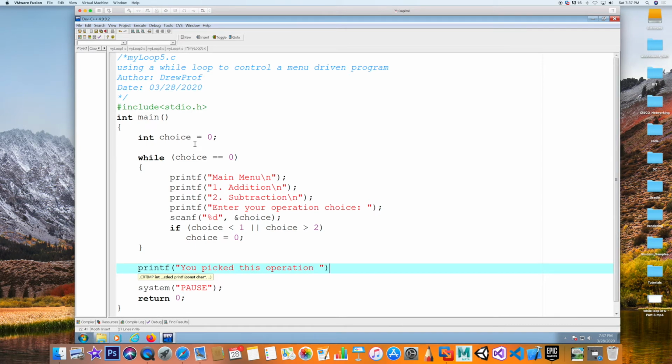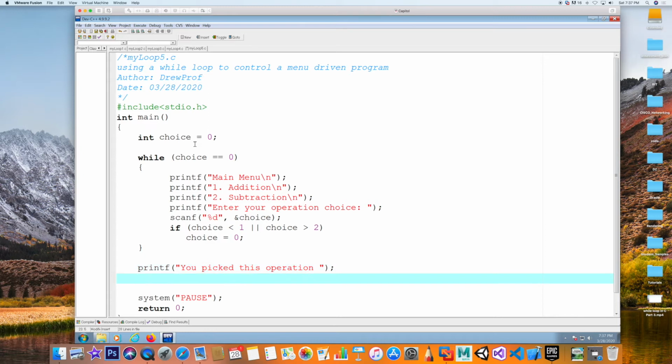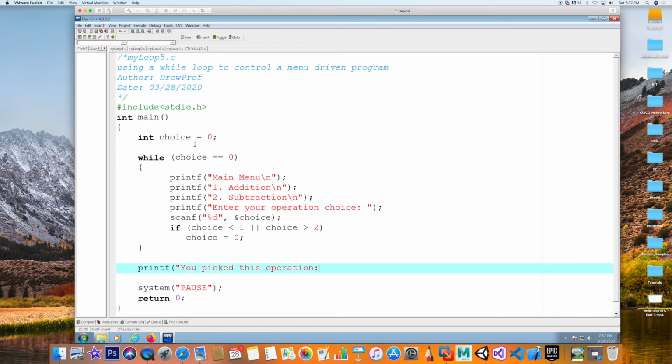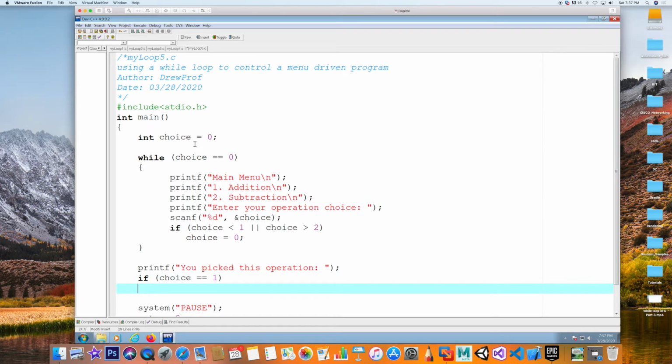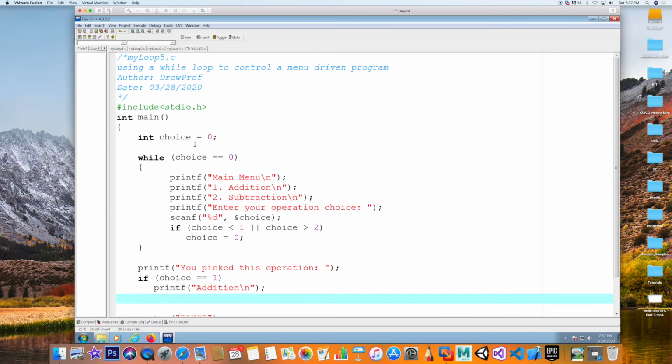Now notice I'm going to write it right next to it, or do it something like this. If choice was equal to 1, then printf addition \n, else